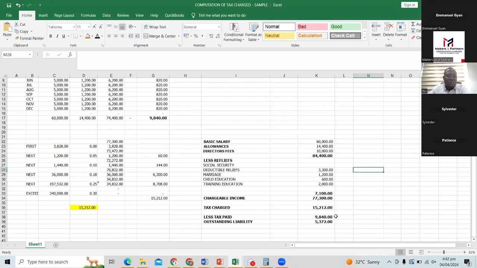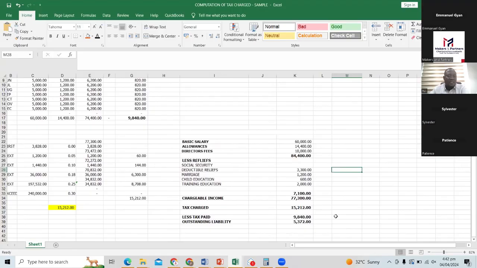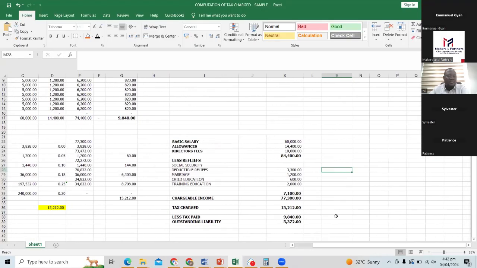On the left side of the screen, we have the various rates and the taxes that you are supposed to charge. So we would get a total of 15,212 Ghana cedis as the tax charge for the year.